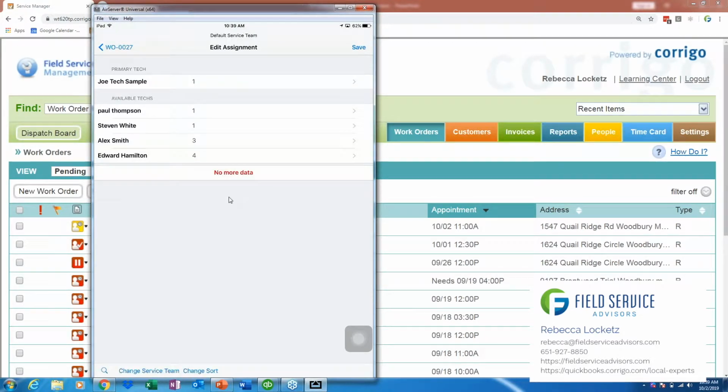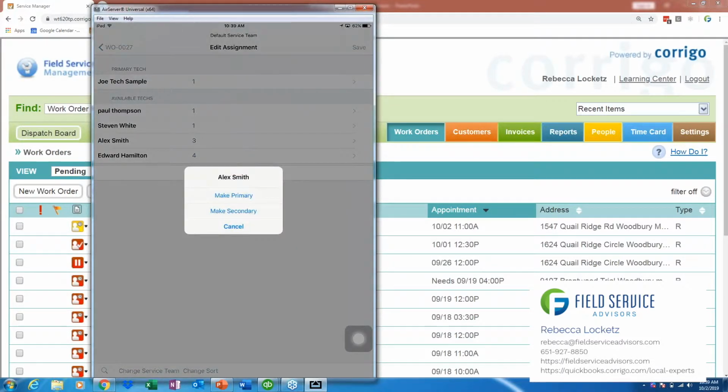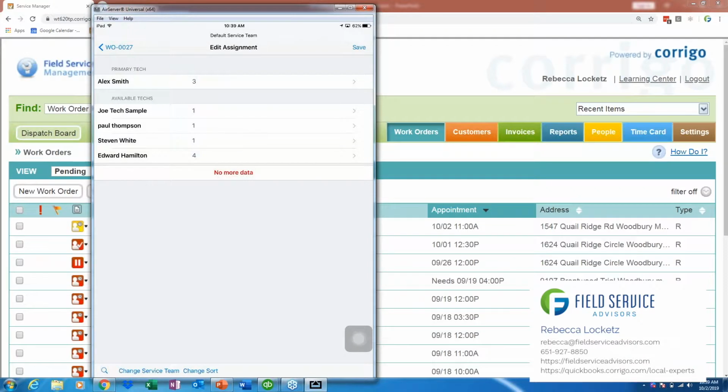And I would then pick one of these technicians. So if I wanted to say give it to somebody else, I could go ahead and go into the edit assignment area. I can see Alex, so I'm just going to pick my own name. I've got 3 work orders. I'm going to pick Alex, and I'm going to say make primary. Now, if I needed a helper, I could also select a second person, say Edward, and say make secondary, and